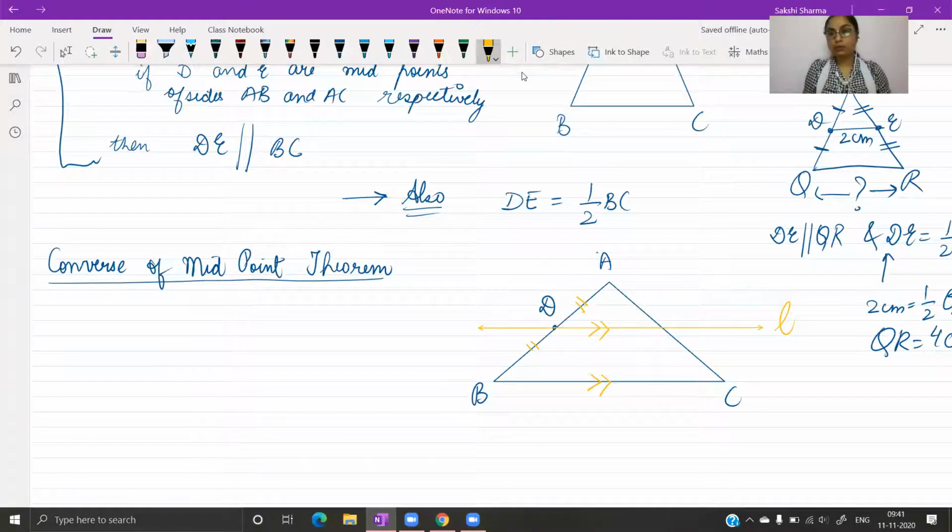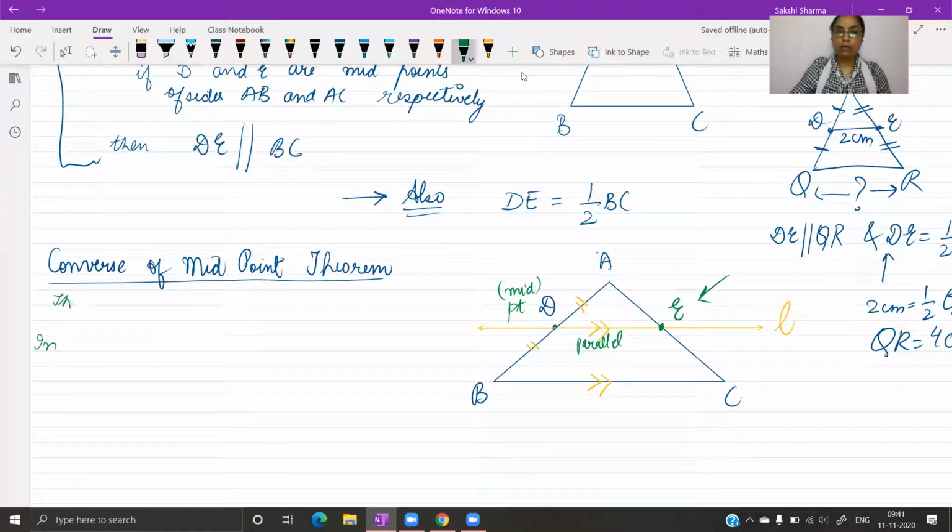So line L has been drawn through the midpoint of one side. It is parallel to the second side, and then further you can observe that it is intersecting the third side at a point. So the point where it intersects the third side will be the midpoint. So you are given two things: a midpoint, and a parallel relation. This point E is the point of intersection of this parallel line, which was drawn through the midpoint of one side. The conclusion will be that the point where this line intersects the third side of the triangle will be the midpoint. E will be the midpoint of AC. This is our conclusion here.